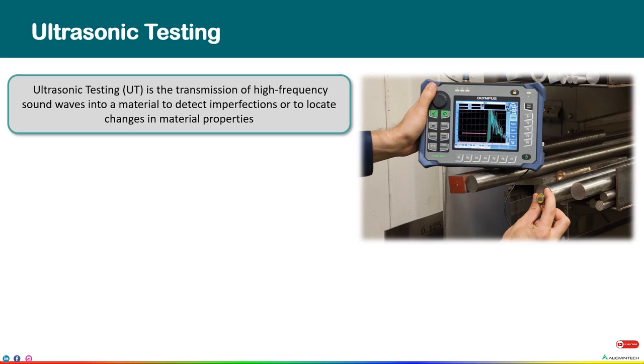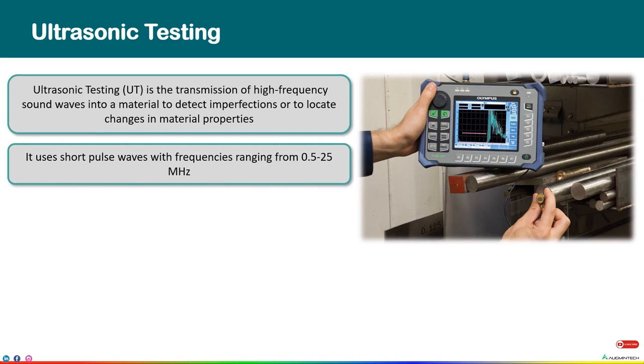Ultrasonic examinations can be conducted on a wide variety of material forms, including casting, forging, welding, and composites. As mentioned, it uses short pulse waves with frequencies ranging from 0.5 to 25 MHz, and sometimes frequencies up to 50 MHz are also used. Because this method has higher power potential than other NDT techniques, ultrasonic testing can produce images that are more clearly defined than other methods and indicate characteristics deeper than surface level.